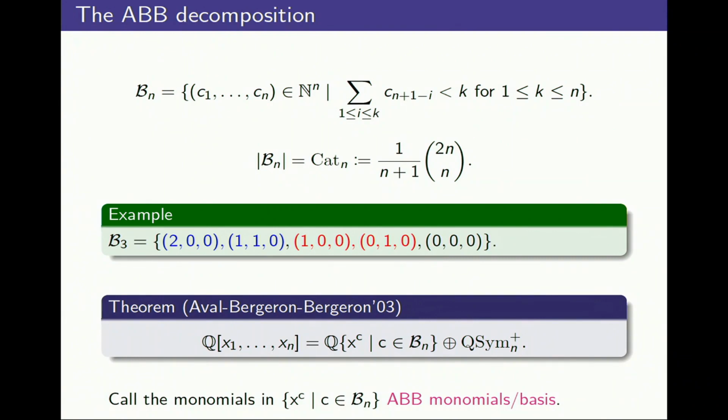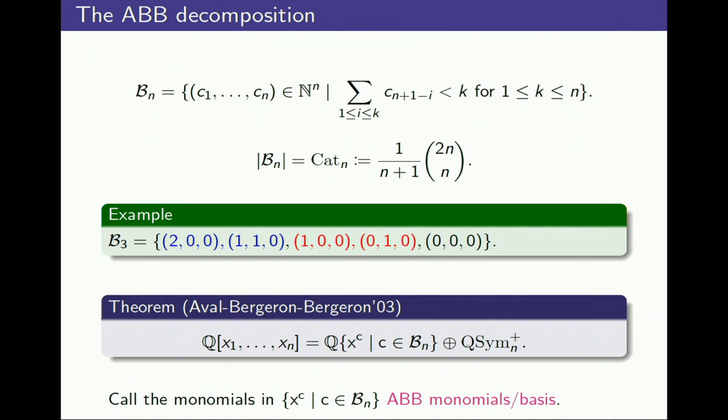All right, so here's a pretty picture already. Here's the description that I'm going to call the ABB decomposition. This is what Aval and the Bergeron brothers did in 2003. Here's a set of sequences of length n, and here's the condition on these sequences. If you look at the tail of a sequence, a tail of length k, then the sum of the entries is going to be strictly less than k. So here's B sub 3. If you look at any tail and add the entries in the tail, the sum is less than the length. This is a prototypical Catalan object, one standard Catalan object.